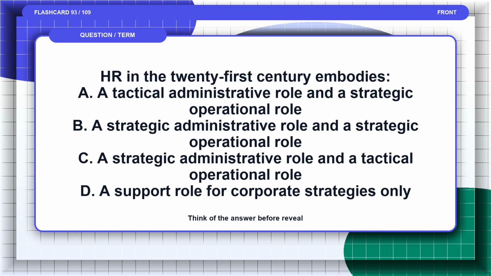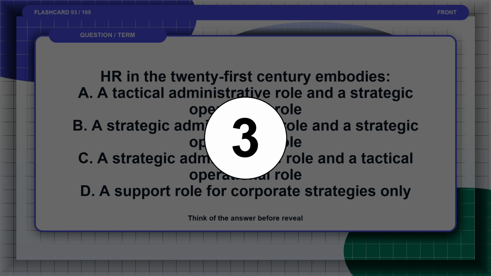Flashcard 93. HR in the 21st century embodies A, a tactical administrative role and a strategic operational role. B, a strategic administrative role and a strategic operational role. C, a strategic administrative role and a tactical operational role. D, a support role for corporate strategies only. Pause and think of the answer before the reveal. The answer is